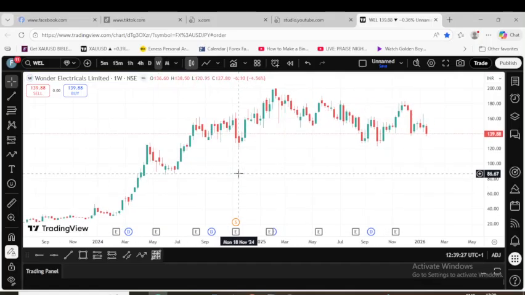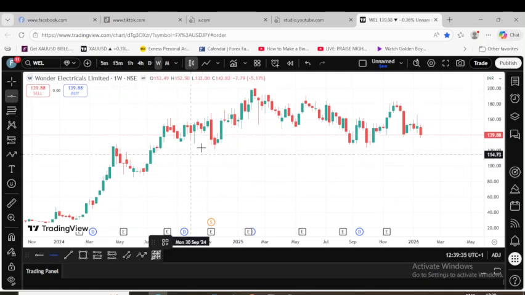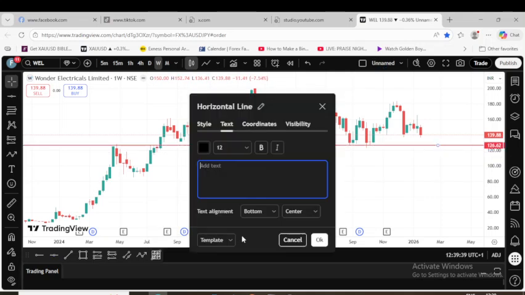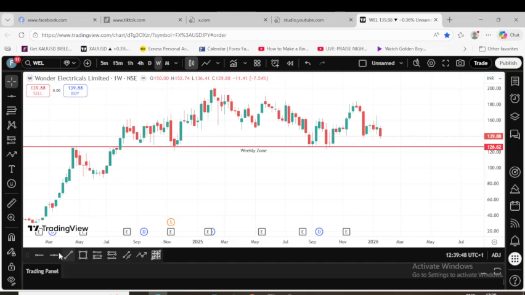Good morning, everyone. Today we're going to be doing a top-to-bottom analysis on Wonder Electrical Ltd, starting from the 1 week time frame. And as usual, we'll start by identifying our zones, which are essentially higher level support and resistance. We more simply call them zones collectively because,